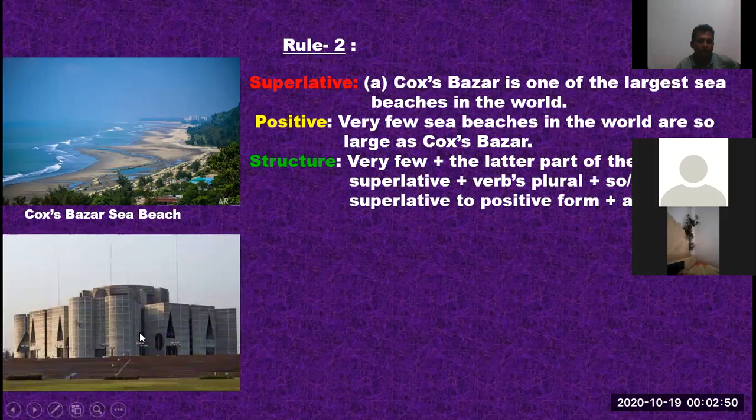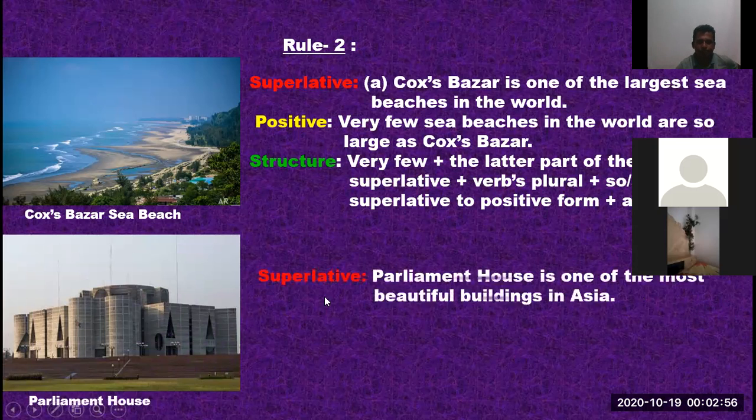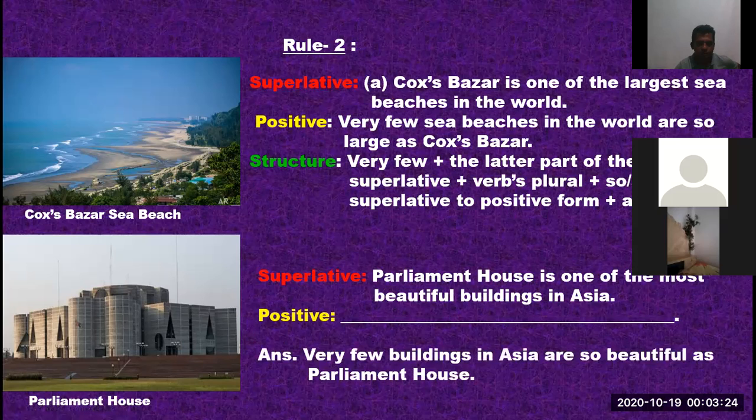Then look at the next picture. This is the picture of our Parliament House. Superlative: Parliament House is one of the most beautiful buildings in Asia. What will be the positive form of this sentence? Convert this sentence into positive. Can anyone say what is the positive of this sentence? The positive is very few buildings in Asia are so